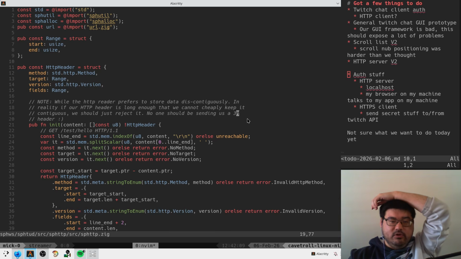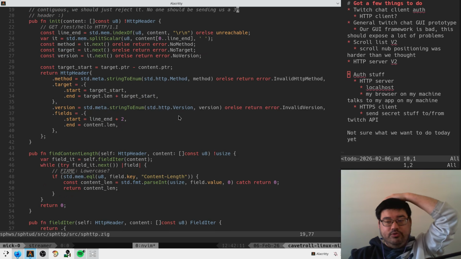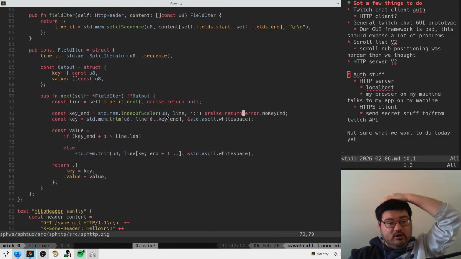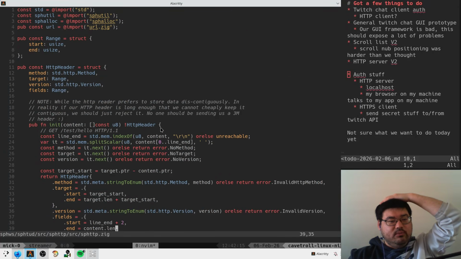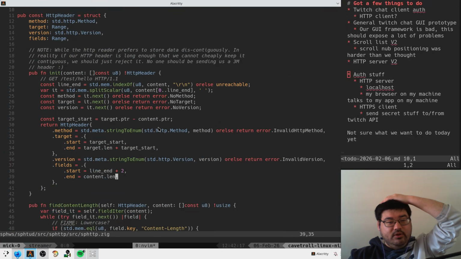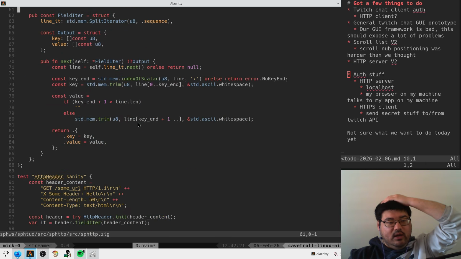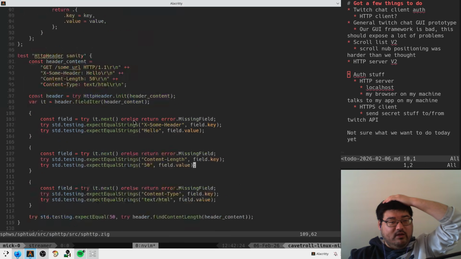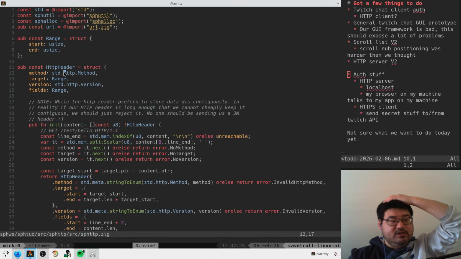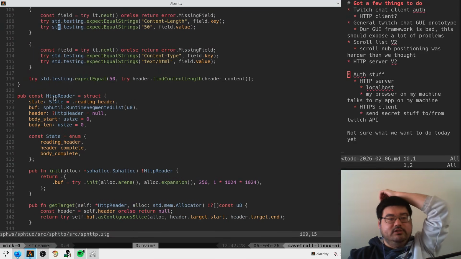No one should be sending us a 3 megabyte header. True. There's probably some actual limit for it. So we just give him a buffer and try to read it. And if that fails, wait, what is this? This is the HTTP header. Oh, I see. Then our HTTP reader,